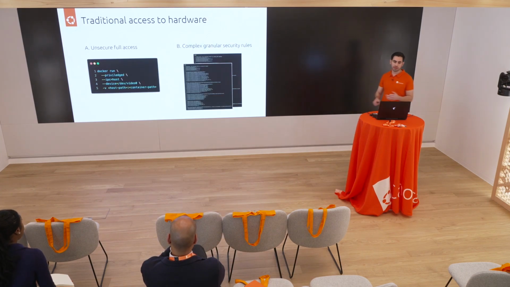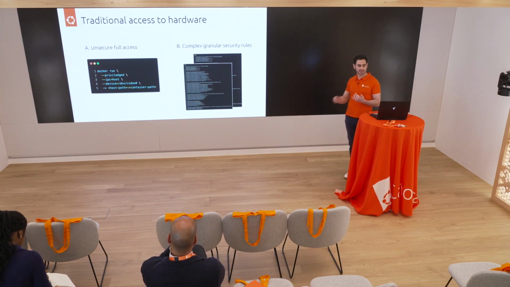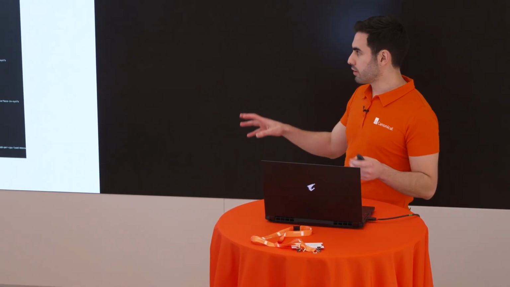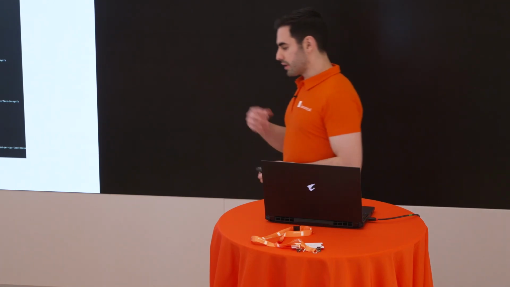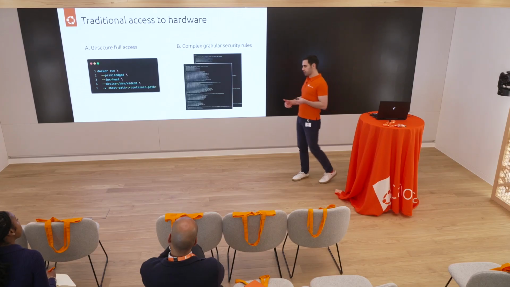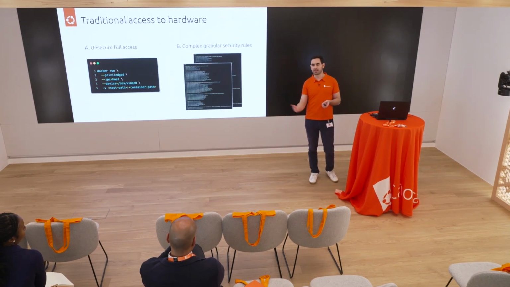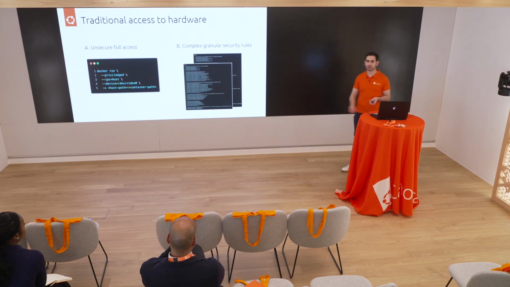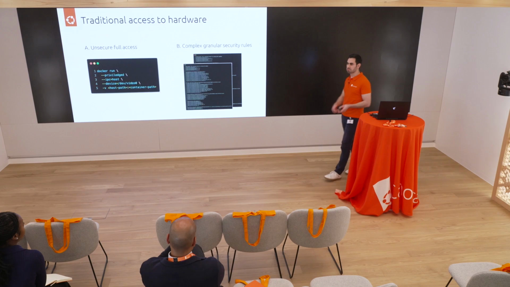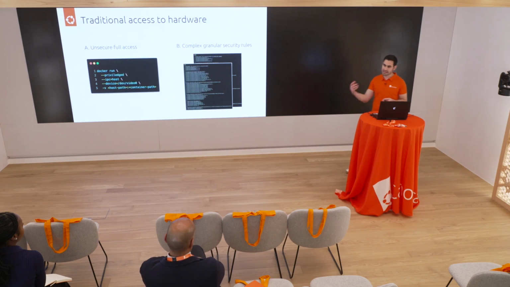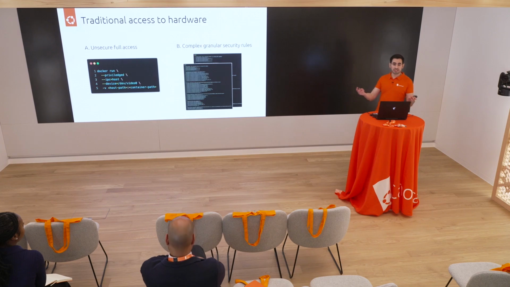But snaps are not only about the packaging, it's also about the bundling of the dependencies. It's also about the security that it brings, okay? For example, when we're working with Docker, there's the concept that Docker was built for the cloud, was built for elasticity, and your Docker container really doesn't care what is the underlying hardware, right? Docker doesn't care whether you're running on a Raspberry Pi, an Intel NUC, or anywhere else. Like that is not the concept of Docker. So if you want Docker to have access to, let's say, USB, to GPIO pins, to the Bluetooth, there's basically 2 ways that you can do this.